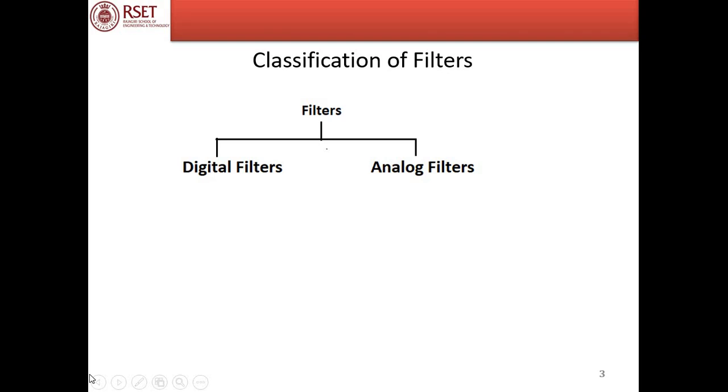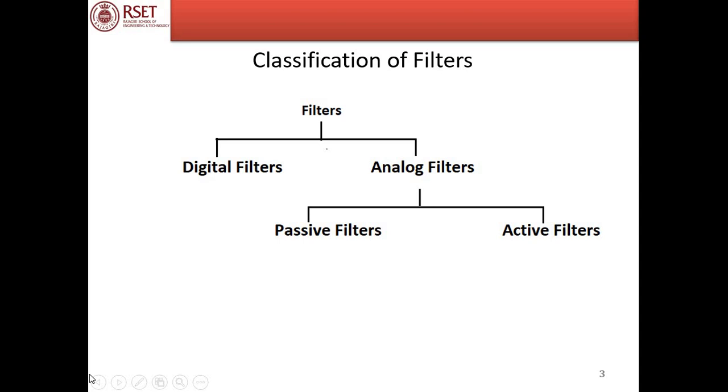Digital filters are implemented using digital techniques and they use computers and some specialized digital hardware for their implementation. Whereas analog filters are implemented using components like resistors, capacitors, inductors, op-amps, and transistors. So, based on implementation techniques, filters can be classified into digital and analog. Analog filters can be further classified into passive